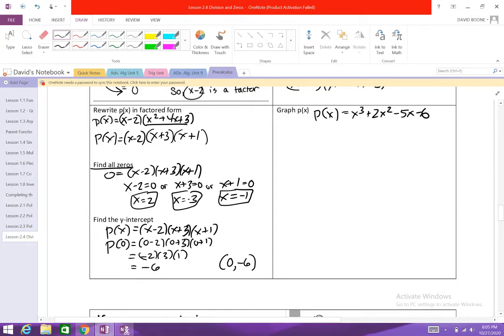I know this is an odd function because the highest degree is 3. So I have some general idea that this is odd. The leading coefficient is positive, so it's probably doing something like that in general. We're going to get a little more specific with graphing the zeros to help us, and also the y-intercept. So if I'm going to graph that,